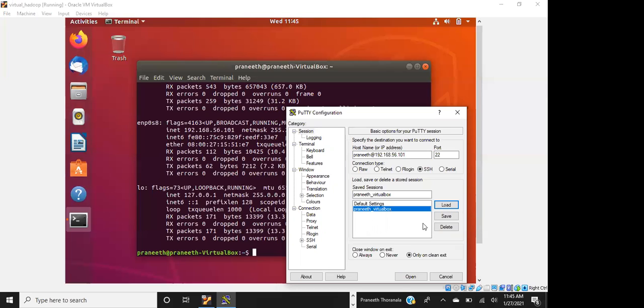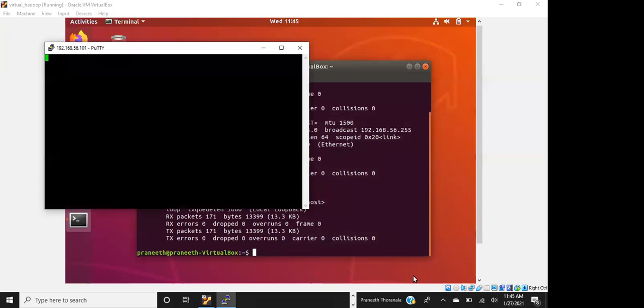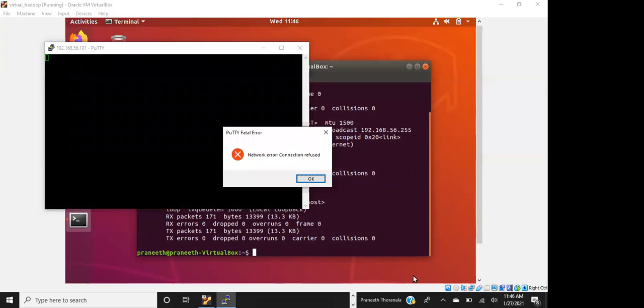Port number is 22 only. Yes, yes. Okay, try it again, one more time, open. Maybe we need to do an SSH connection.